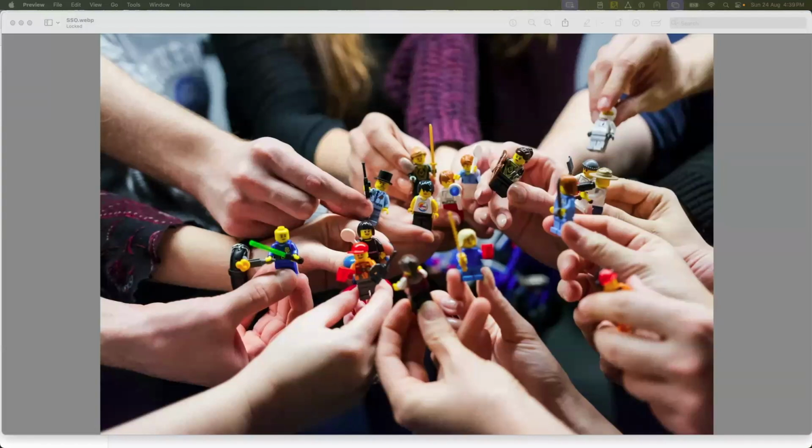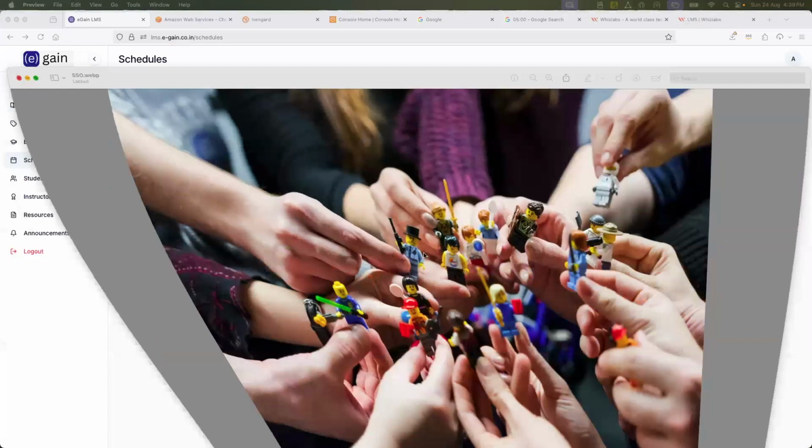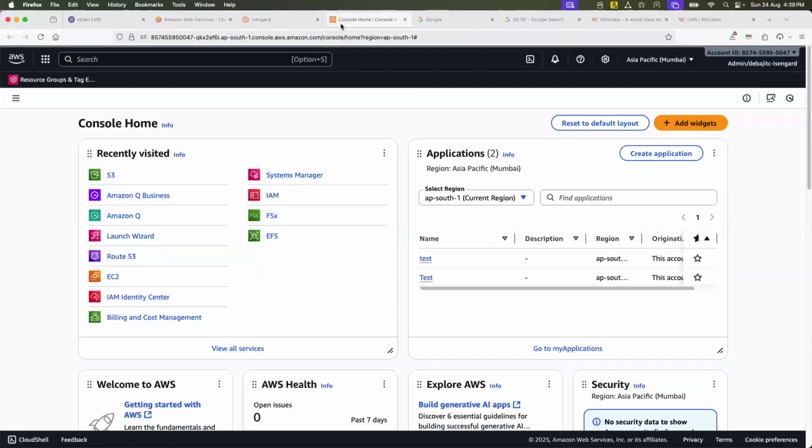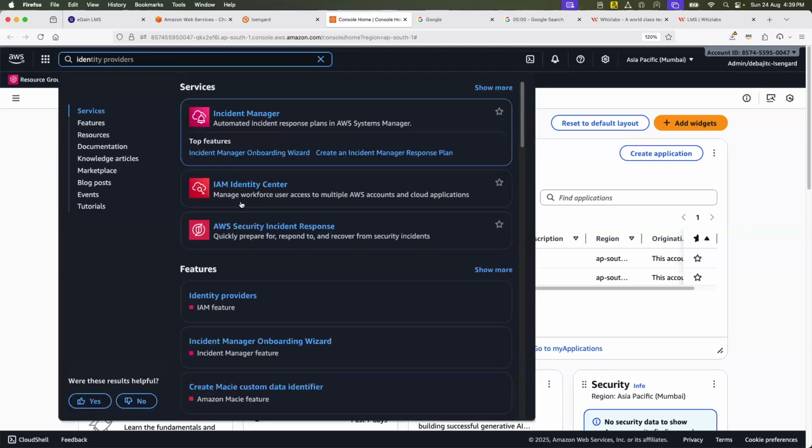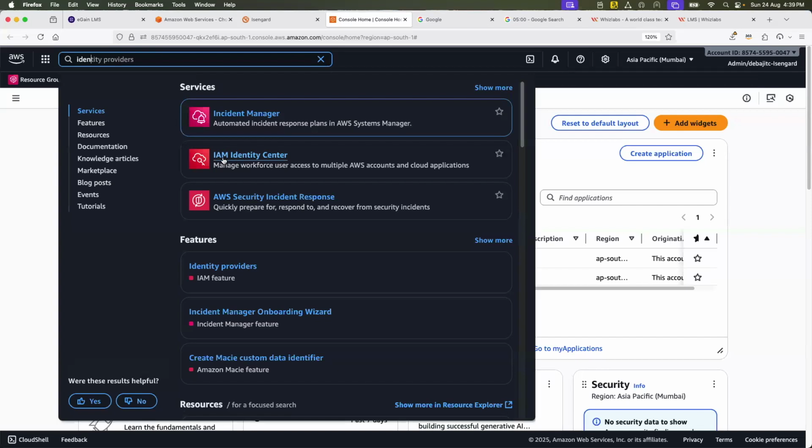In AWS, there's a service called IAM Identity Center, and it works as SSO. Now if I go to the AWS Management Console and type Identity Center, you'll see they have changed the name.